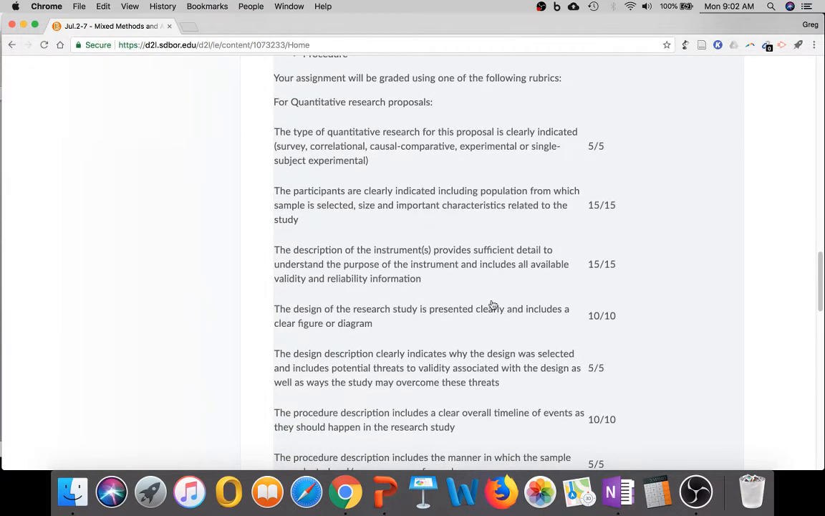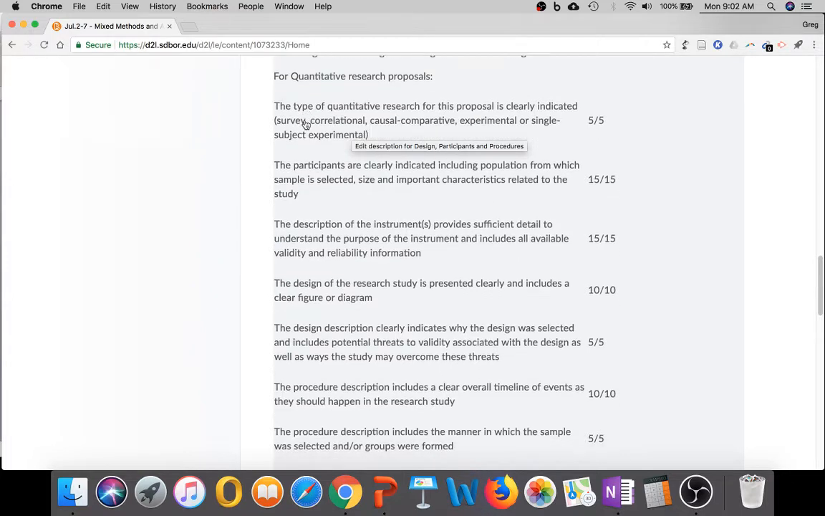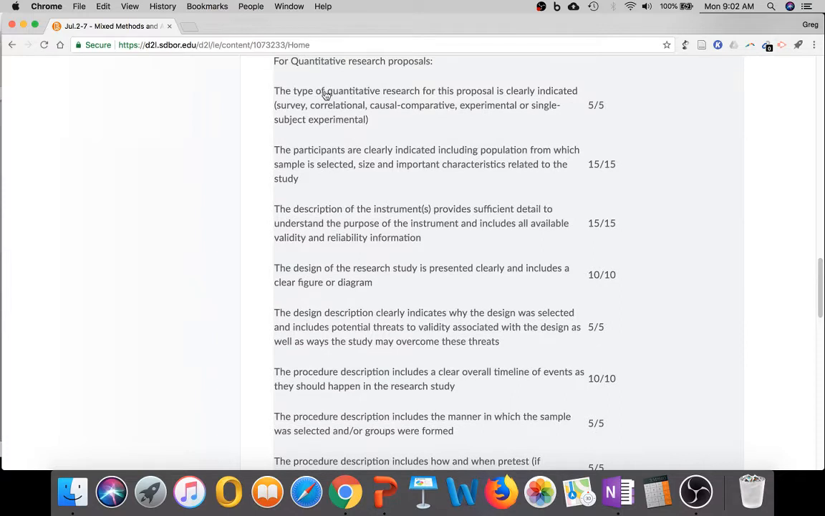Look down at the rubric items before you submit as well. And when you do submit this, I will go ahead and grade it. So don't submit something unless you're pretty sure it's done, because I'll go ahead and grade it when I have some in. All right, so make sure for the type of research, for the rubric anyway, the type of research